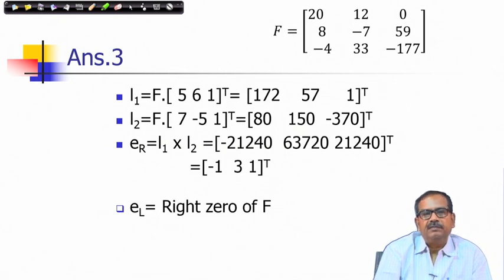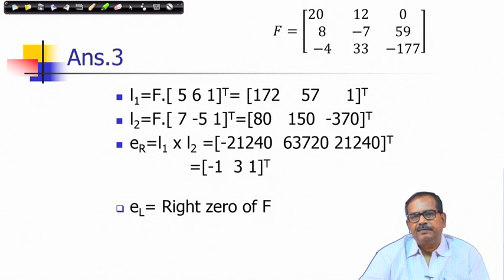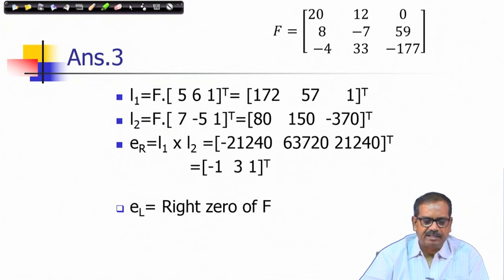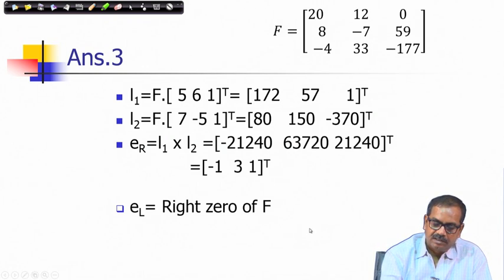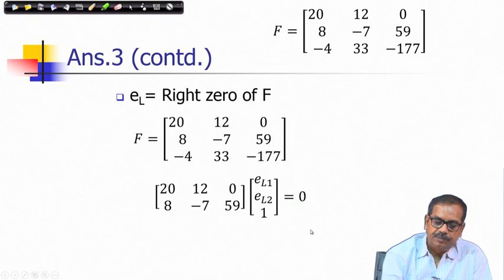To compute the left epipole, I could have taken any two arbitrary image points in the right image plane, found their epipolar lines and applied the same technique, but instead I will discuss finding the right null vector of F, because that would also give me the left epipole,